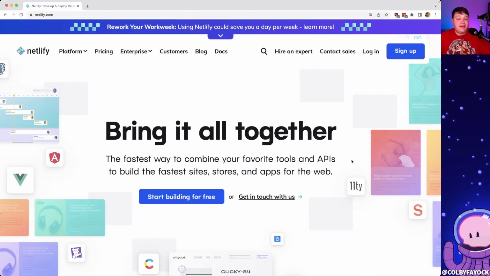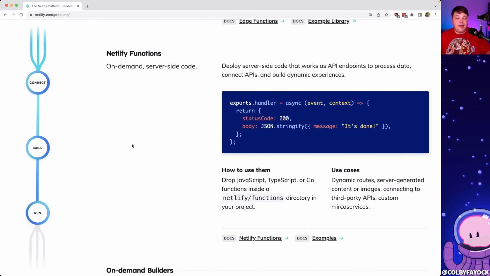Now, in order to run that custom processing, we're going to use Netlify, which is a platform that allows us to do a lot of things like deploy web apps really easily, as well as build custom APIs using serverless functions. So with these functions, we're able to take any kind of payload that's posted to that endpoint, and we're able to return whatever we want. And in particular, we're going to take our image data, process it, and then we're going to return it back